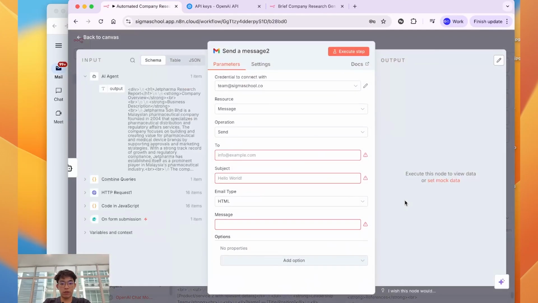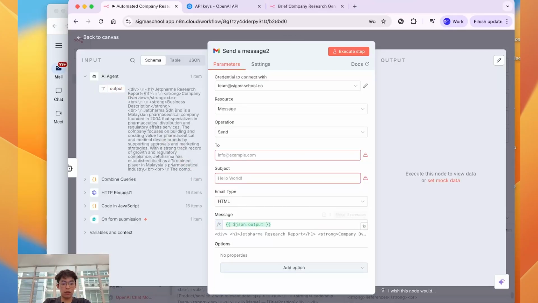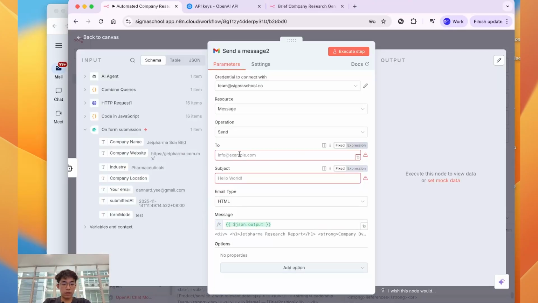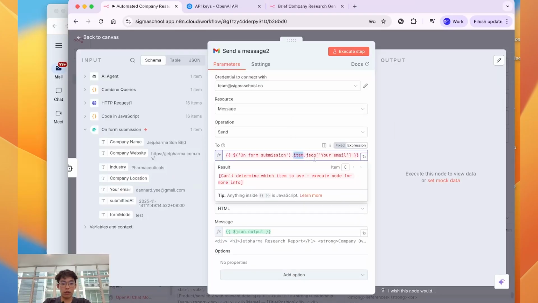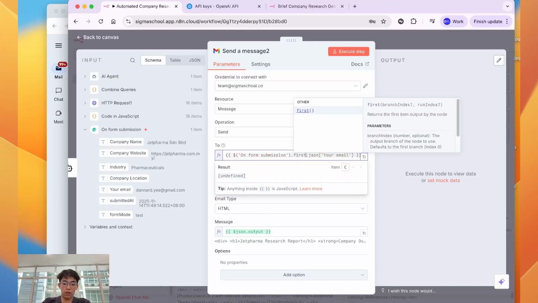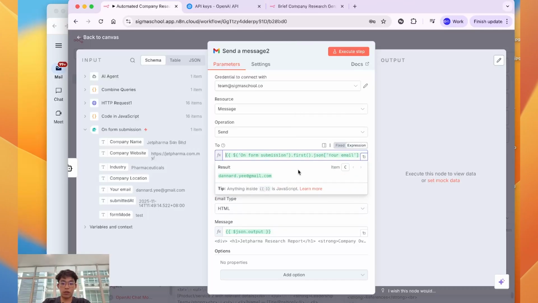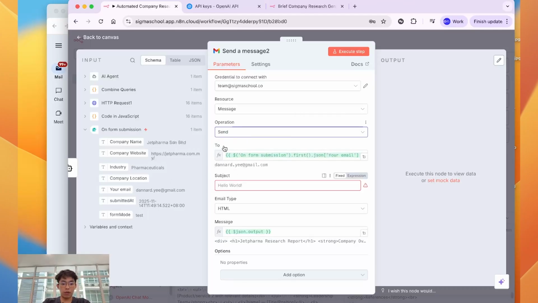So next we just have to create the send email node, right? So for output, it will go into message, right? And after that, this one too will be from the email that we are going to send to, right? The email that we're sending to. So we need to change item to first bracket close, to pull out the proper email. And for subject, we'll be using brief, company name,